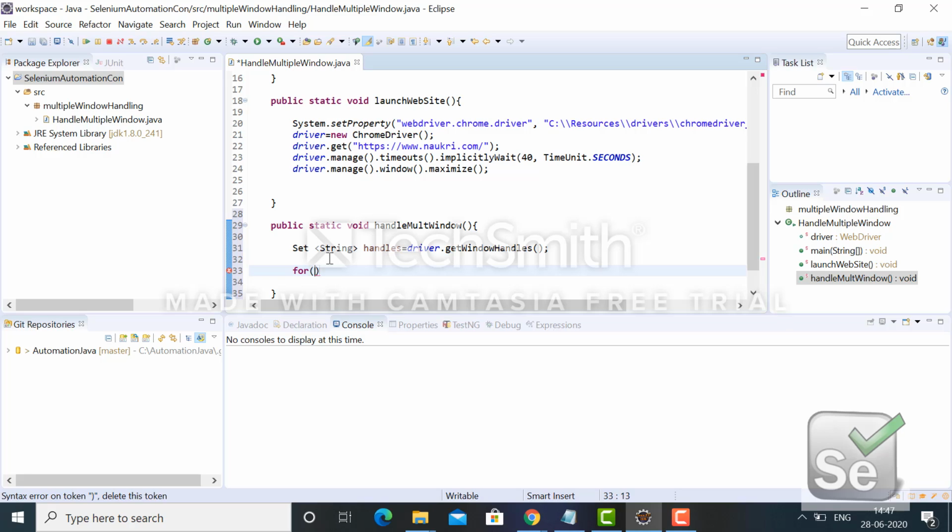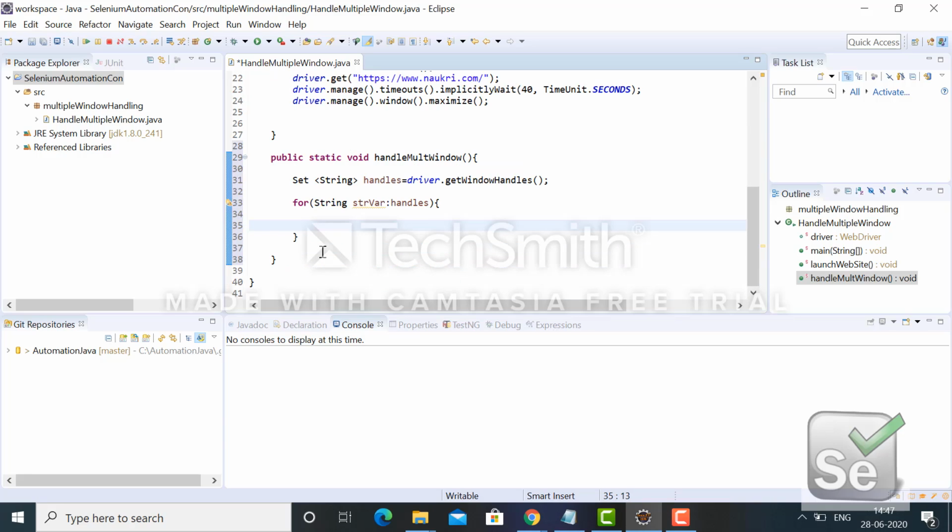As this is a string, I have to store it in a string variable, str, colon, this one, handles. Now I have each and every window handle.